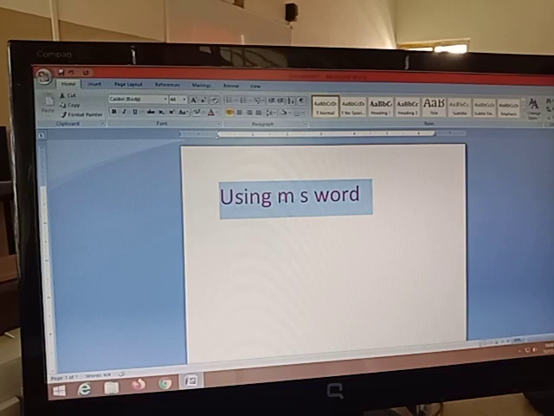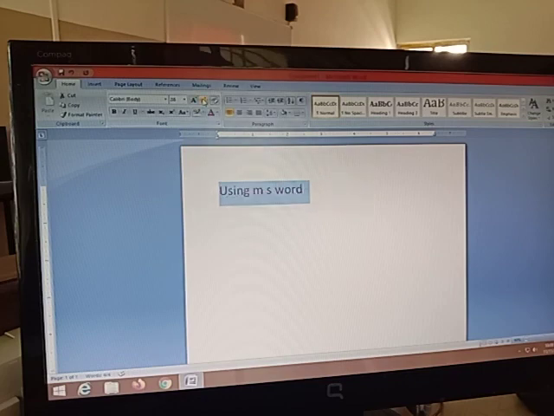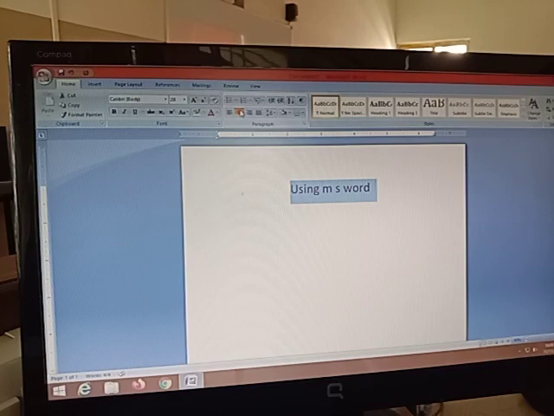Now my text is at the left side of the document. If I want to take it to the middle of the page, they have provided three alignments. If I click on this middle alignment, the text will come to the middle, that is, in the center. If I click on the right, the text will go to the right.